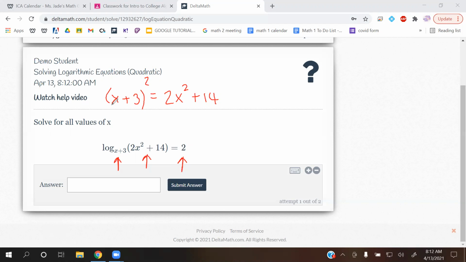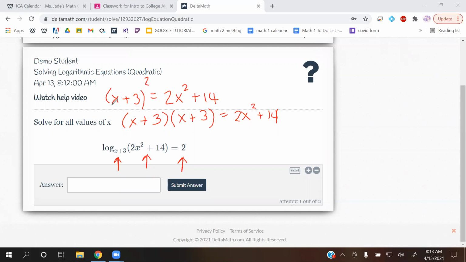Okay, so now that we've written it in exponential form, we need to expand this piece, the one that I just underlined. So this is x plus 3 squared, which is really just x plus 3, x plus 3. And then it's still equal to 2x squared plus 14. So I haven't really changed that much. I just expanded it out as x plus 3, x plus 3. Okay, and so now that it's expanded out, we can easily see